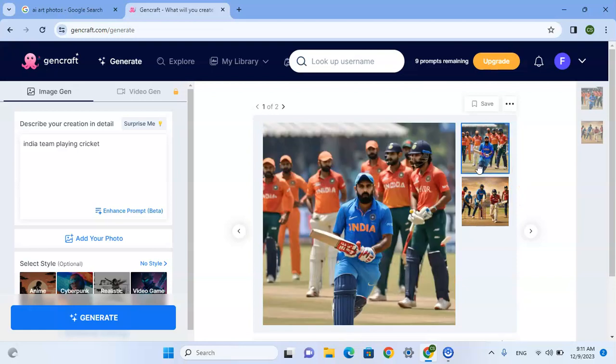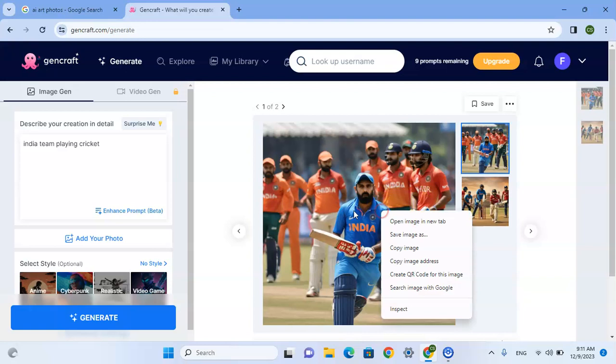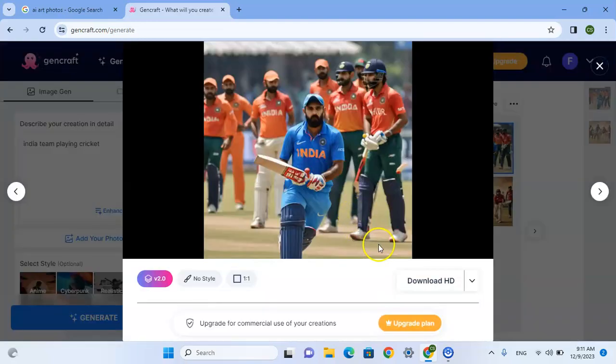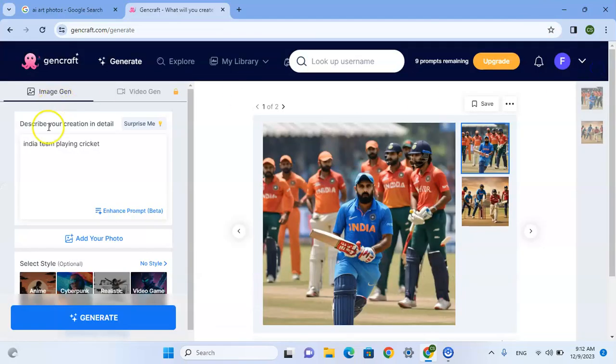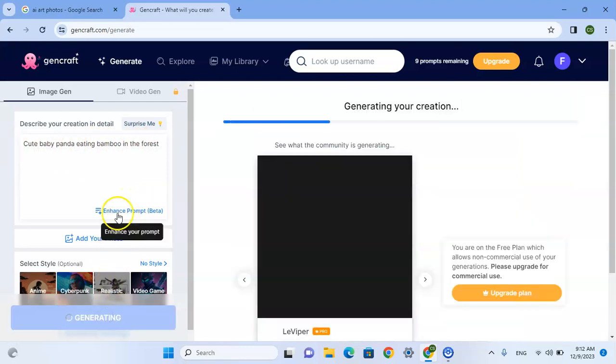Now I have two photos and just by one click I can download this image to my device. Okay, so more, we can add your photo, and you will get more photos like your photo. Okay, and also here we can use recommended text, surprise me, like cute baby panda eating bamboo and post. Okay, just click on generate